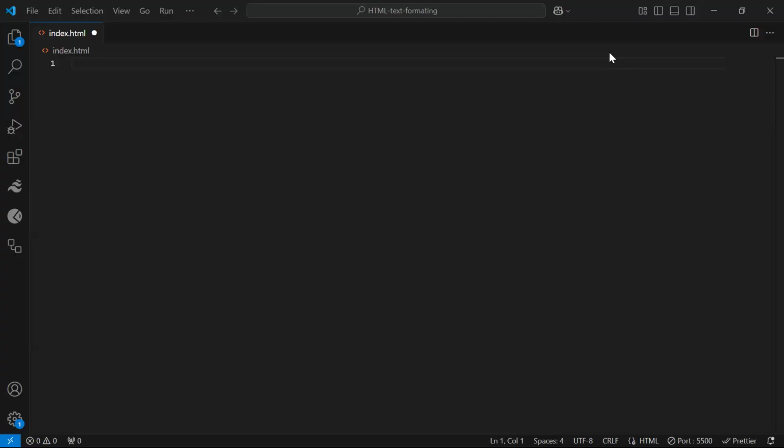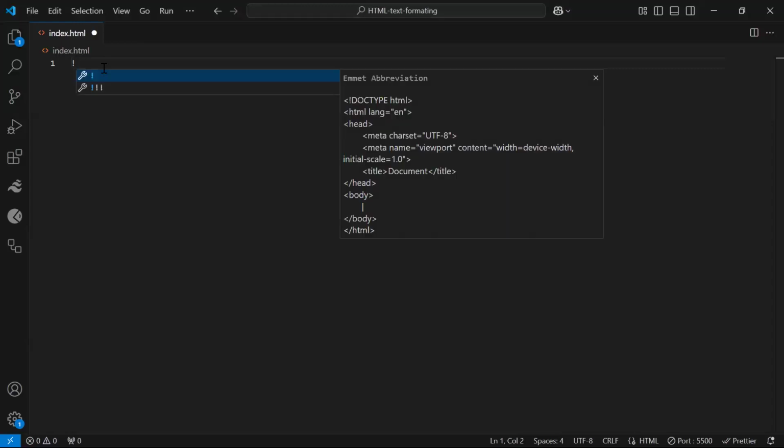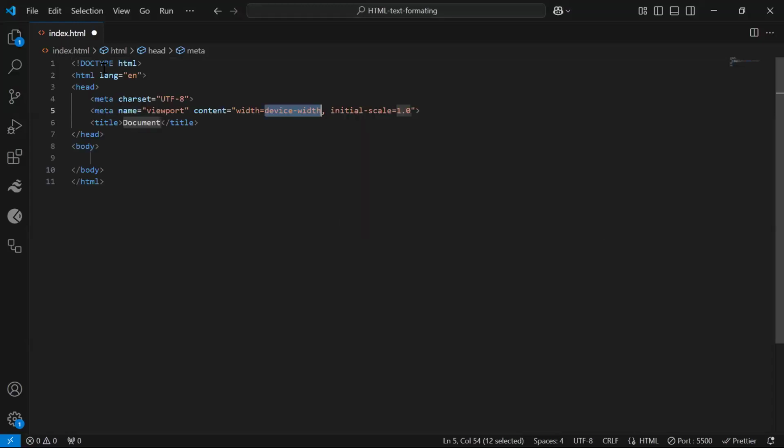So as I promised in the previous video, we are going to come back and look at an example that will help us probably understand even better some of the things that we learned in the previous video. So without wasting time, let's dive in. So we will start our syntax with that: Shift 1, which will give you the exclamation mark, then Tab, and you'll get the syntax. On our title, we're going to give a title of text formatting